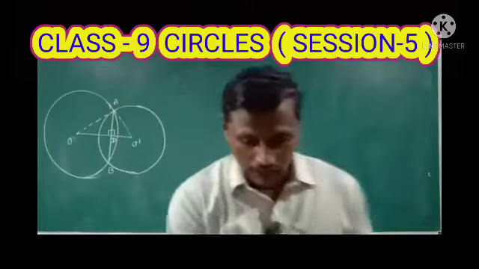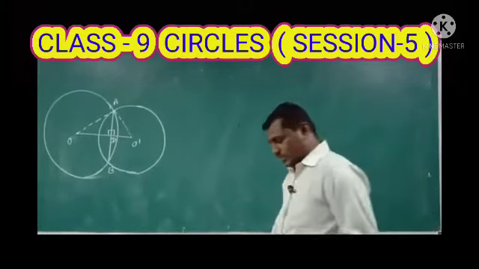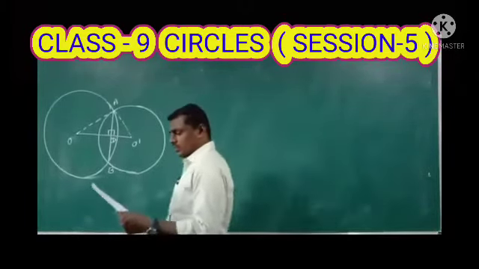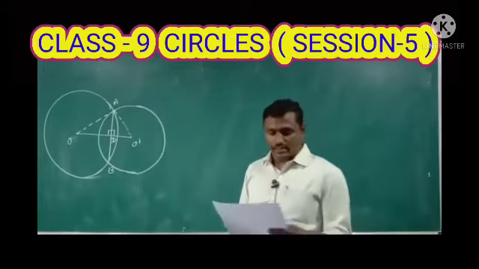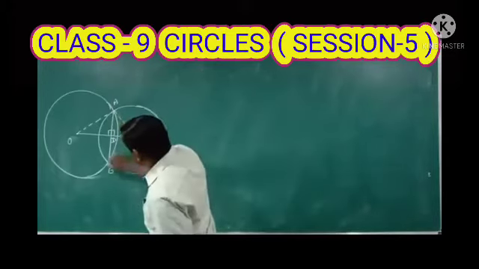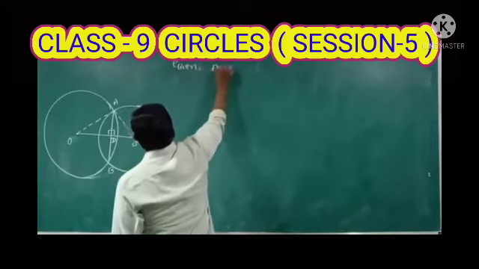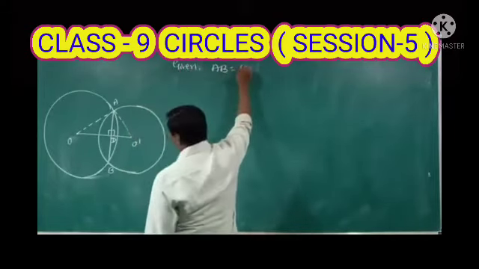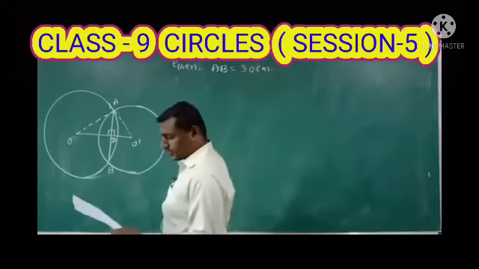So what is the given data here? The length of the common chord of two intersecting circles is 30 centimeter. AB is the common chord. First write the given data. The length of the common chord AB is 30 centimeter. And next one,